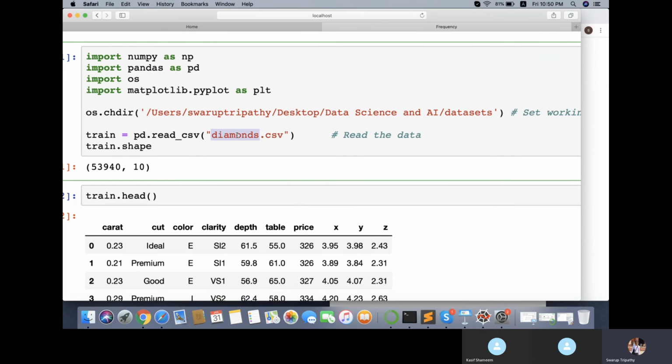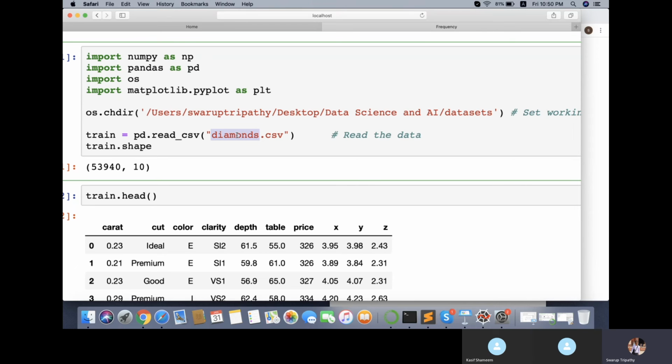All kinds of commands are there in any operating system. So now you can use those commands within your code. For that I am importing OS, then matplotlib for graphical visualization.